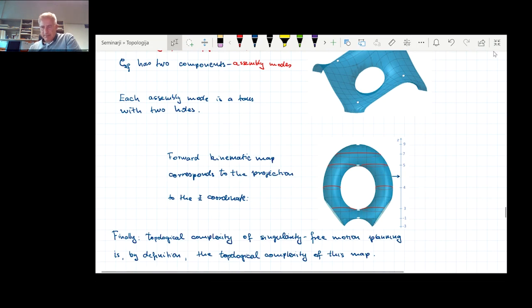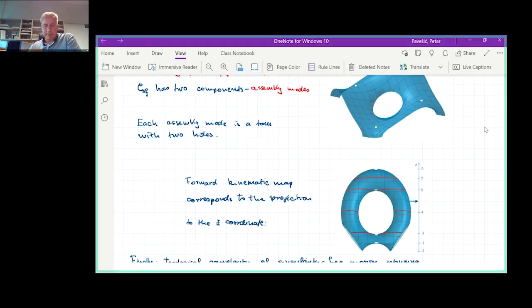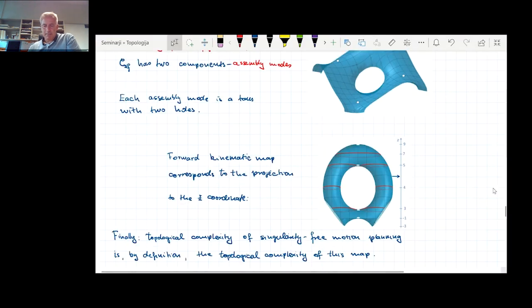Fine, so this is maybe a moment to stop for a second and check if there are any questions. Okay, so let me continue. Fine, so now I did one example, but let me generalize this. As I said, this example is, not completely, but quite generic. So most of it will generalize to